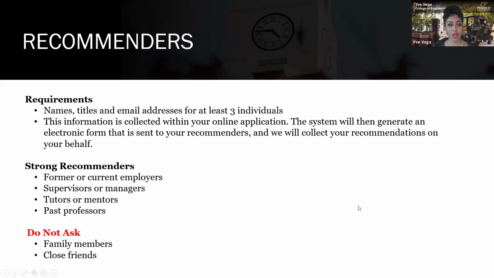I do highly recommend creating a cheat sheet with different bullet points about recent achievements that you have, different projects that you've recently worked on, certain milestones that you have hit in your career, any projects that you are proud of. Make sure that you include all of that in the bullet point cheat sheet to share with your recommenders. That's a really helpful way for you to remind them of recent achievements that pertain to this program and could help them get started on a recommendation letter.